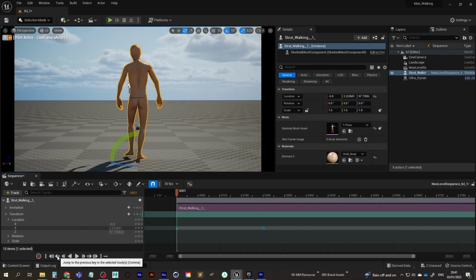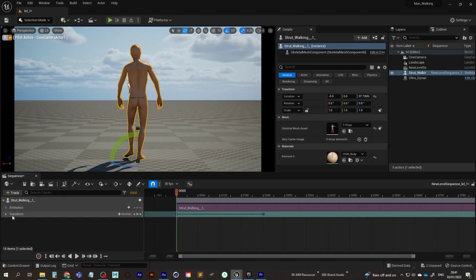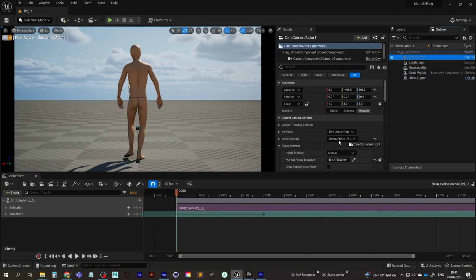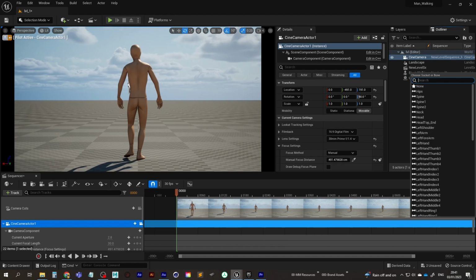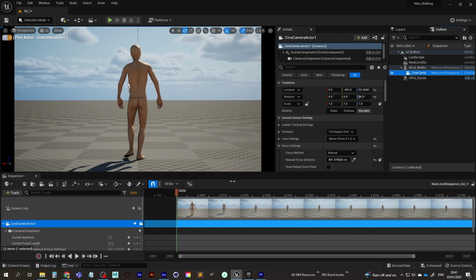We can use this to jump to the previous keyframe, and we can wrap all that up. Let's bring the Cine Camera Actor into our sequencer, and now we make the Cine Camera Actor a child of our strut walking guy. And click on none there when it says none.